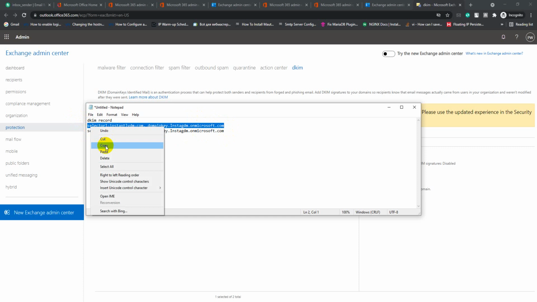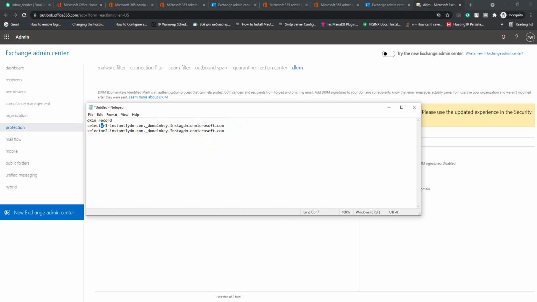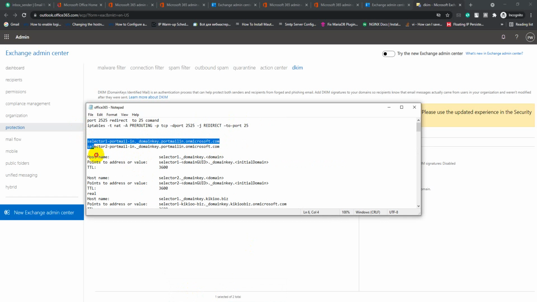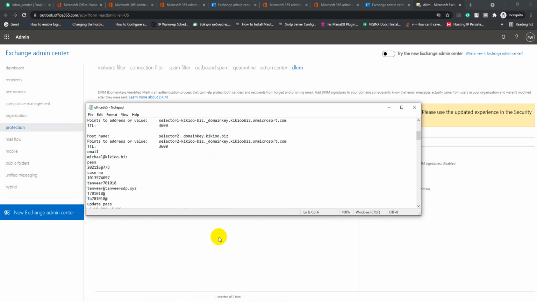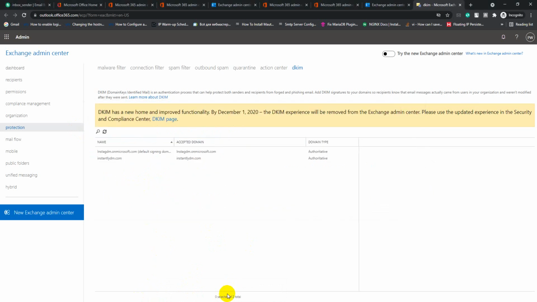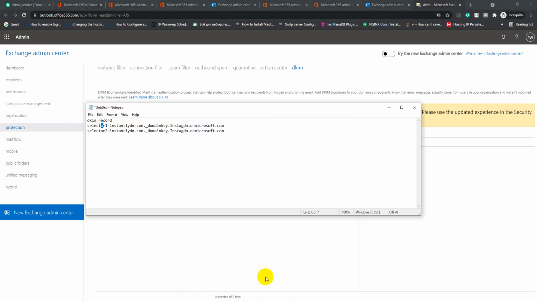Just copy this value. You need to generate this value by running some commands. Here is the command script that I added to PowerShell for enabling the DKIM record. Just copy this value.